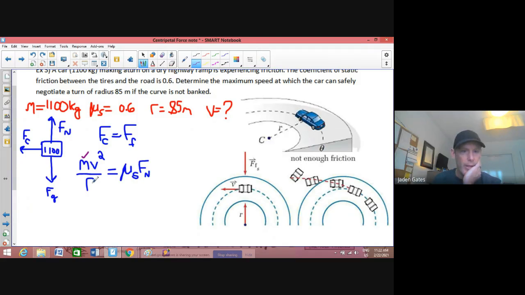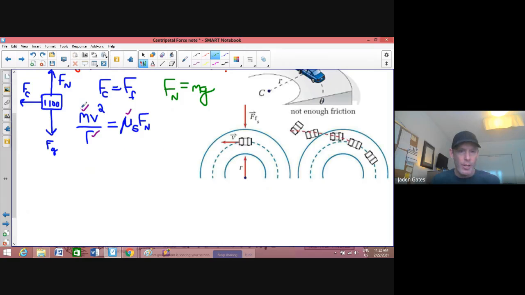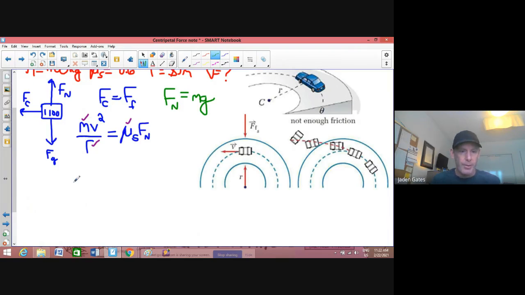But our Fn, our normal force, is equal to Fg, because that's why this car is not flying up into the sky or going into the ground. And so Fn is equal to mass times acceleration. Now I'm going to substitute in here. So mass is 1,100, my velocity squared, the radius of this curve is 85, equals our coefficient of static friction, which is 0.6, times Fn, which I'm going to put as m times g, which is 1,100